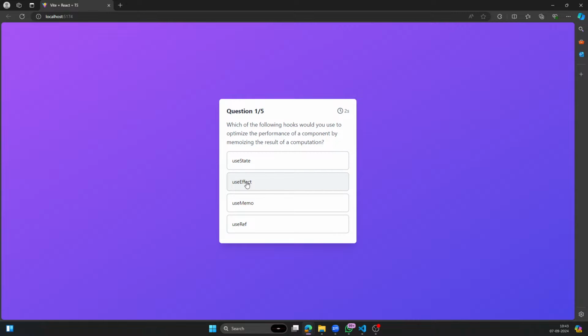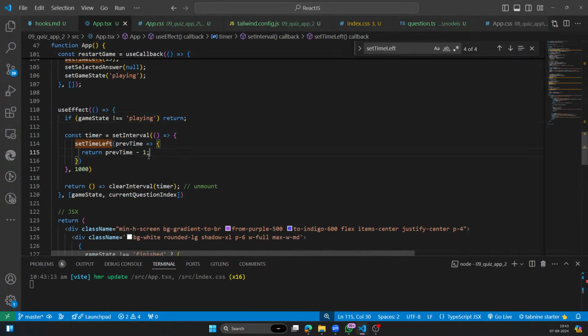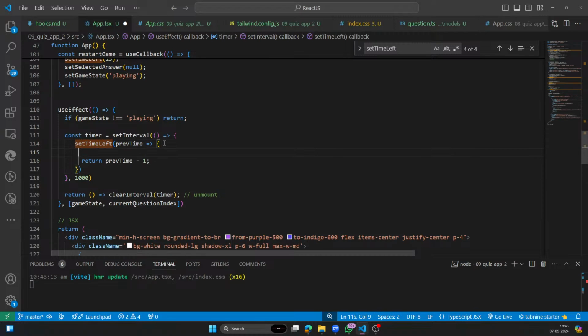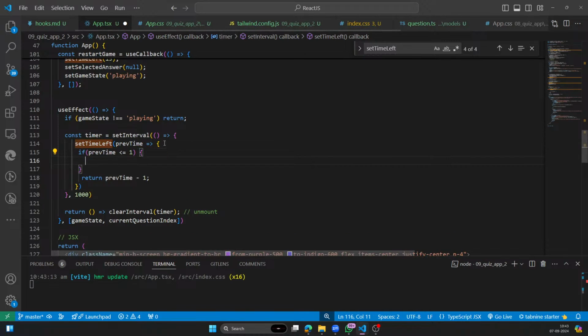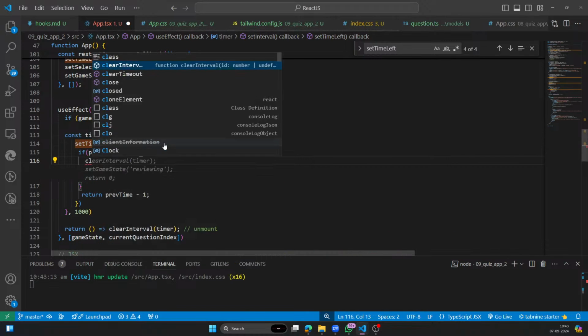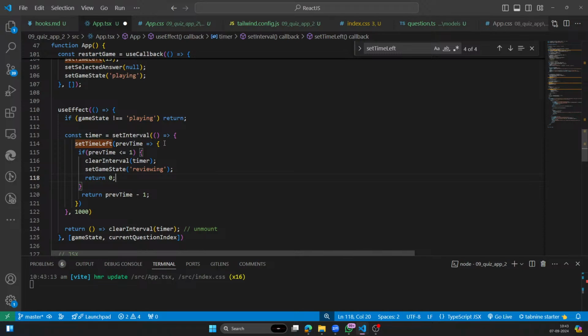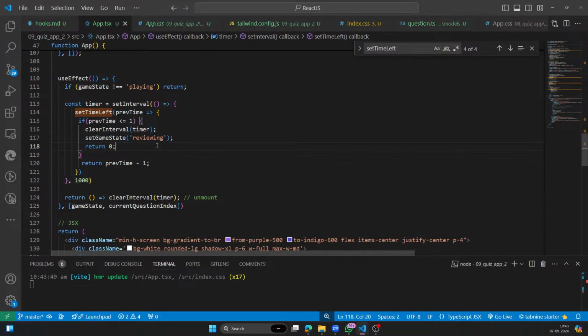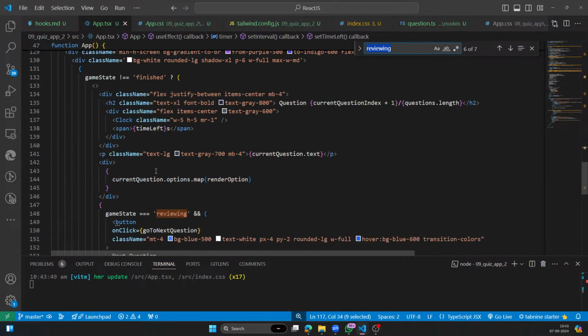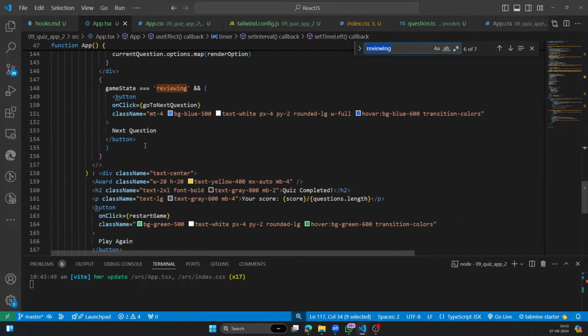because we didn't check any conditions. Minus, right? So we should restrict it over here. To restrict it, what we will write is an if condition: if previous time is less than or equal to 1, then we'll say clear timer, clear interval. We don't want it to go further. And the user comes into the reviewing state, and it should go to 0 also. And immediately once it comes into the reviewing state, you can see the next button will appear,